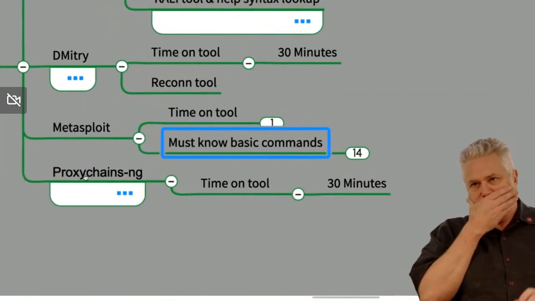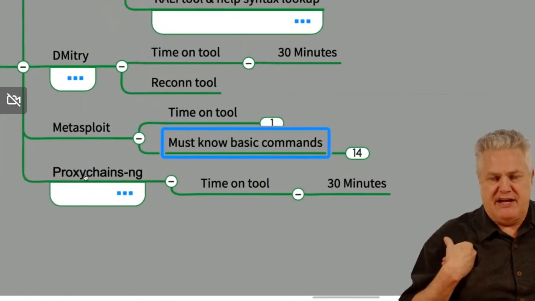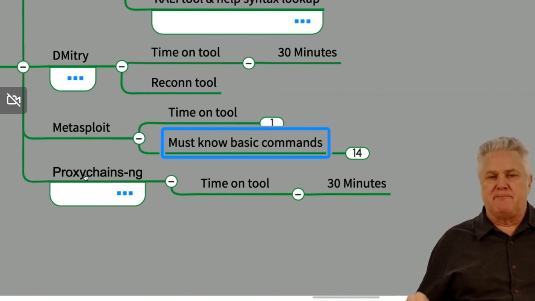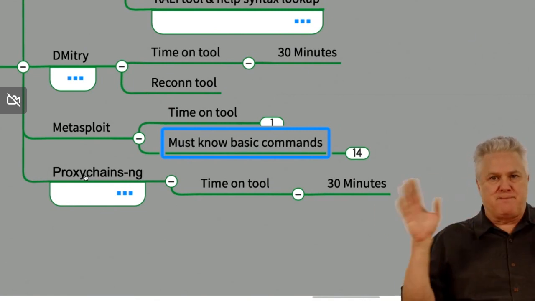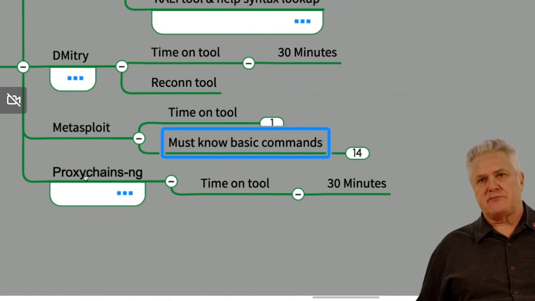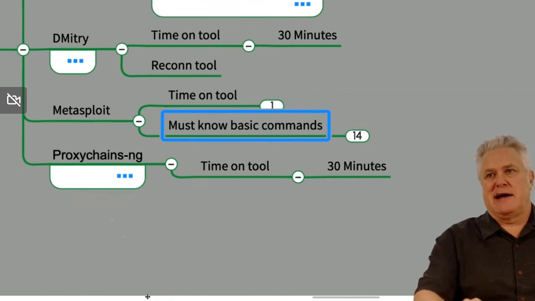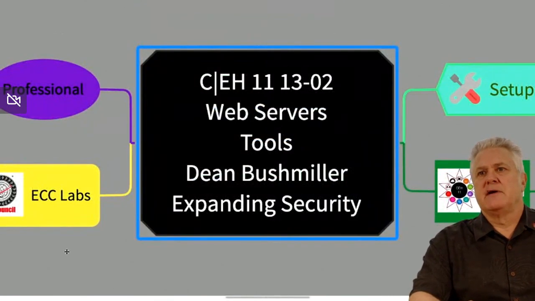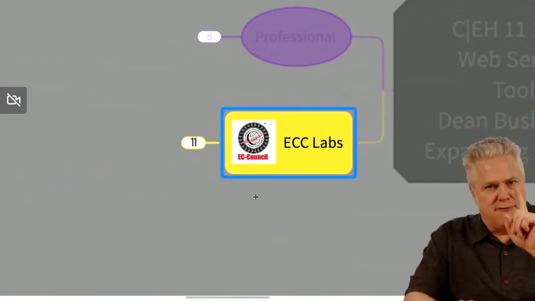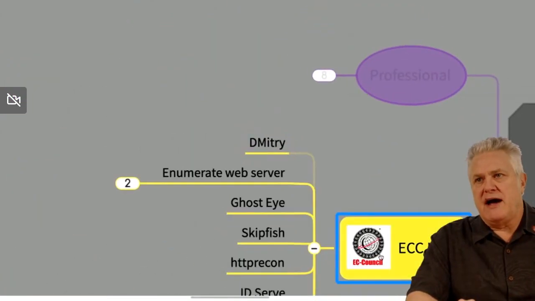Now, I don't use proxy chains. In the real world, we use tools like PortSwigger and NetSparker and a couple of other things out there, but you must spend some time on proxy chains knowing how to set it up. I will talk about it in the next section that we're in. I don't talk about the EC Council labs, but this is one of those things for the EC Council. You have to know